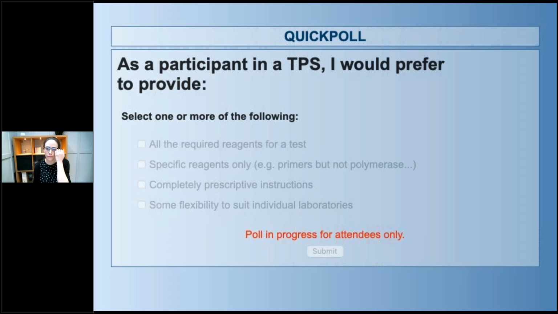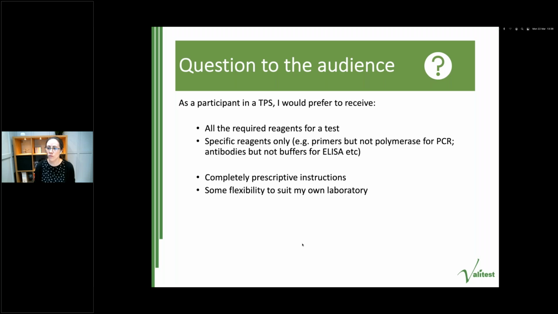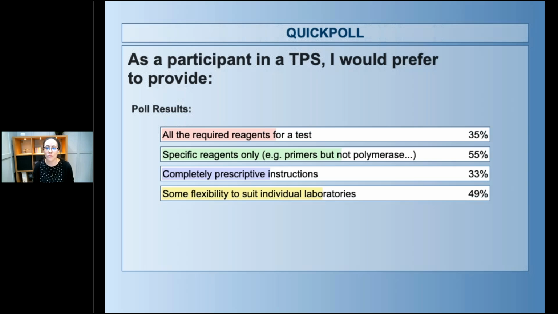So we have about 70% of the people. We are almost to 85%. It's not changing so much, so I will close the poll and share the results. And Jenny, you can comment if you want. Okay, so